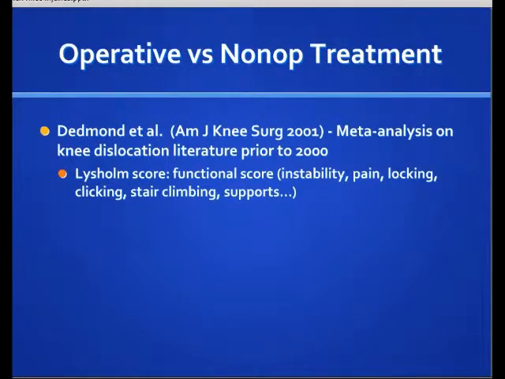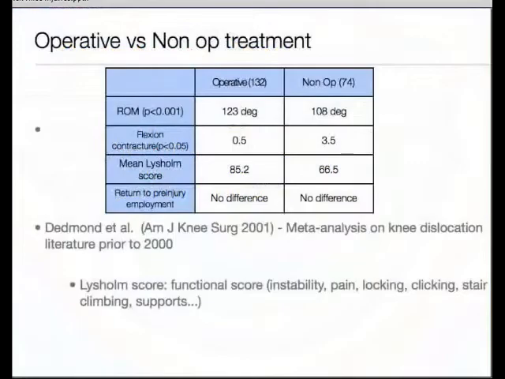They looked at a range of different outcomes, including range of motion, the Lysholm score, which is a functional outcome score, and the return to pre-injury activity. Overall, patients who had operative management of their ligamentous injuries had improved range of motion and less of a chance of flexion contracture. They had a significant improvement in outcome scores, but the difference in return